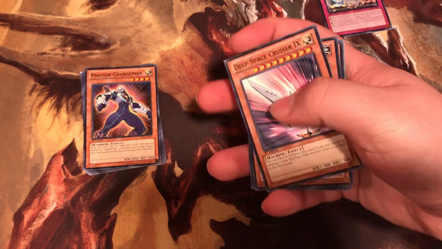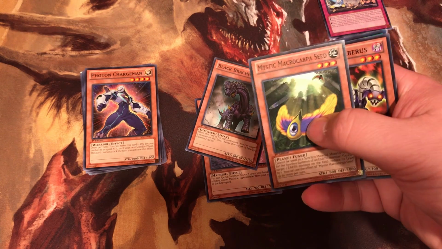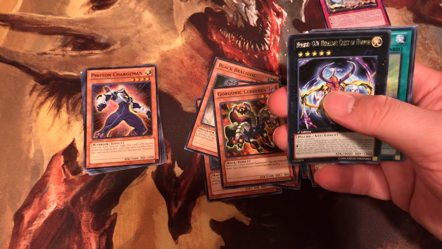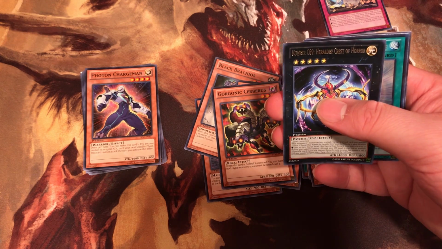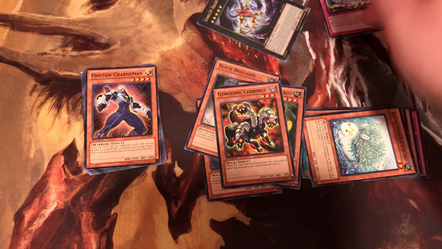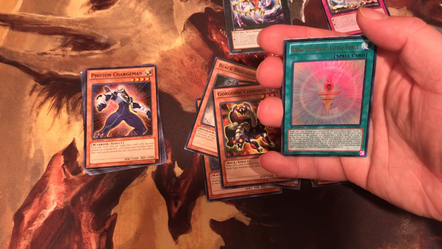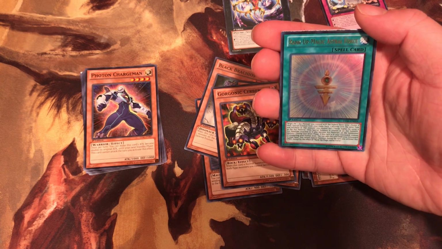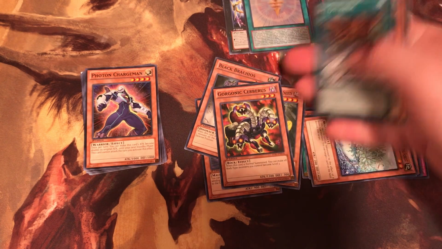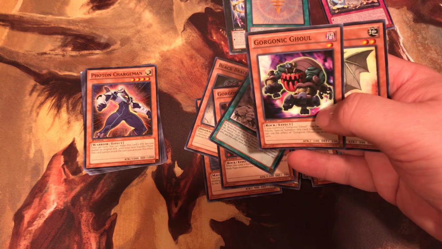Next up we got Deep Space, Black, Mystic. Then we got number C69, Crest of Honor, Horde. And then we got Rank Up Magic Force, OXZ, Ghoul,